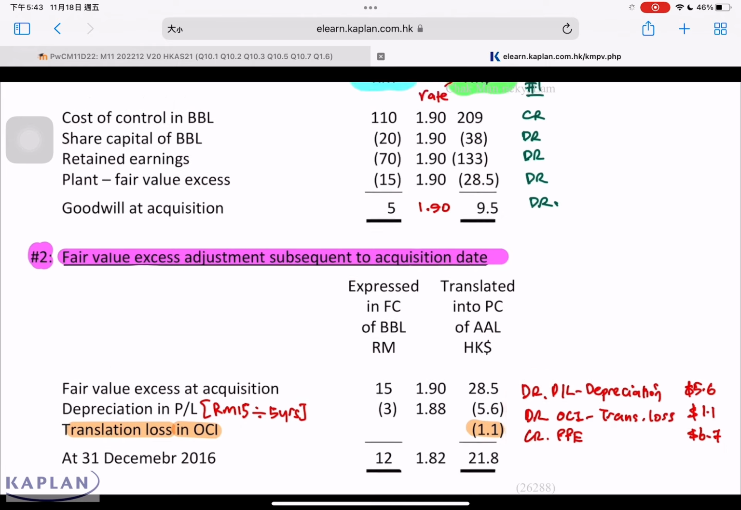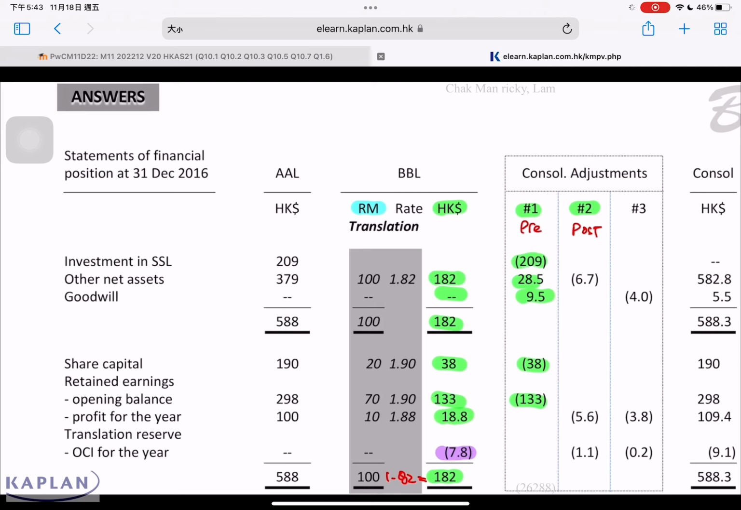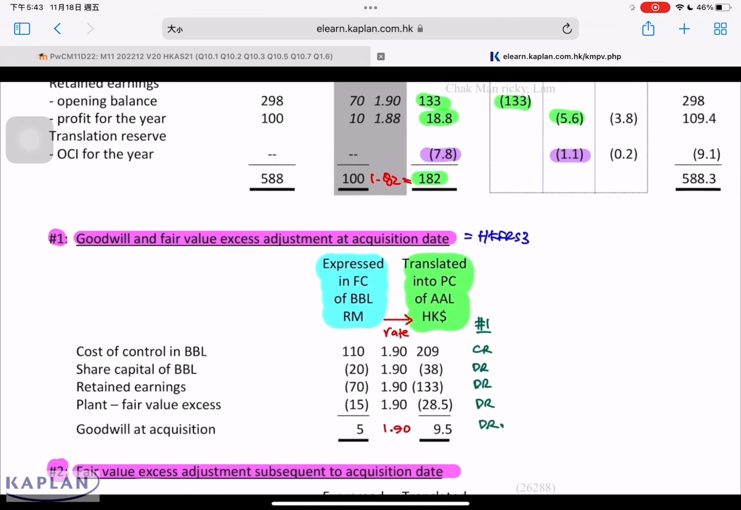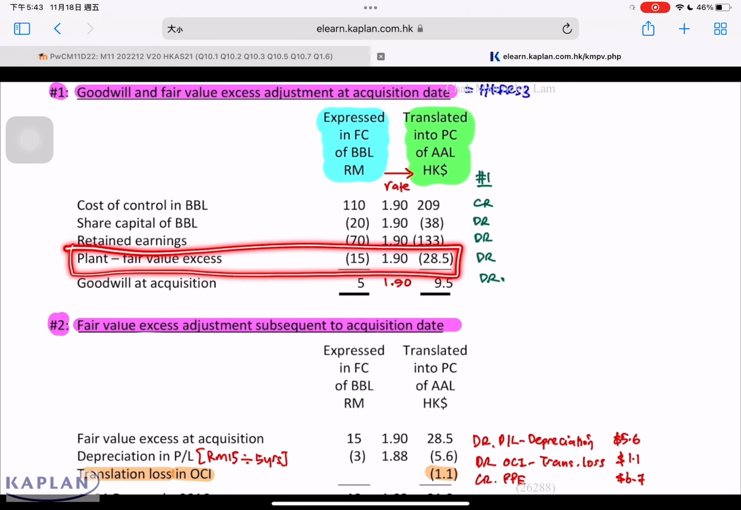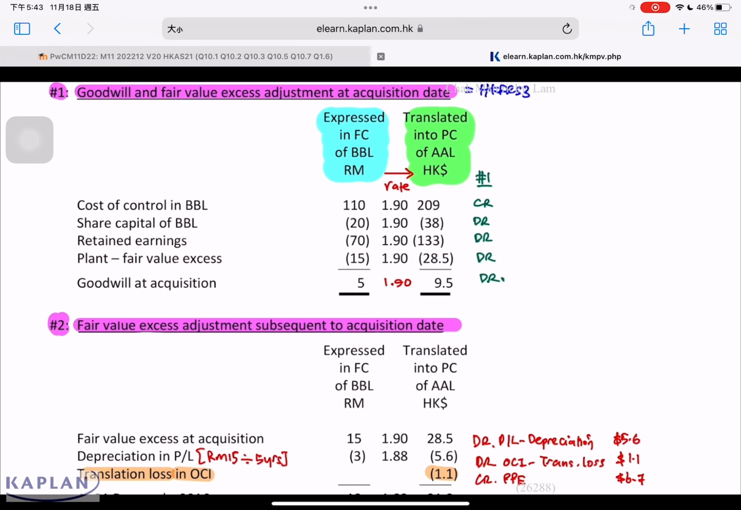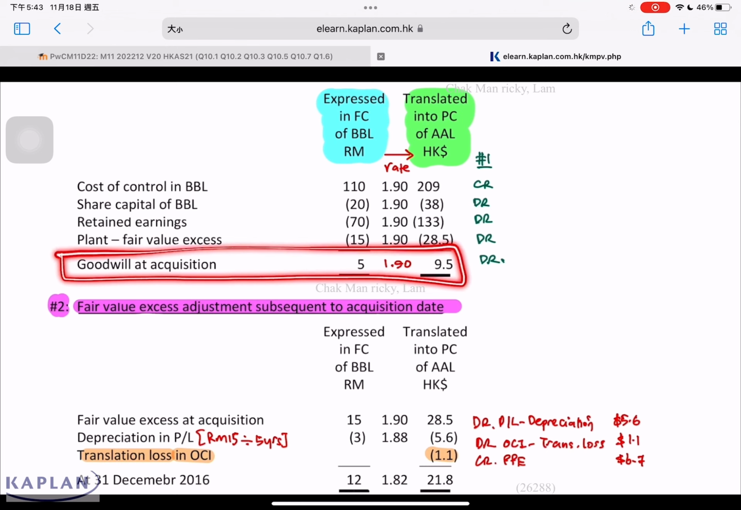Show this on the worksheet. We must adjust the plant for 2 items. First, we must reduce because of depreciation to P&L. Second item is to reduce the plant because of translation loss. Total adjustment of plant is equal to 6.7. Entry number 3 is to adjust goodwill. Earlier on, we took out this amount and showed it as working 2. First, we must account for the depreciation adjustment. The second one, we have to do the translation differences. The next item that we have to do is goodwill. We take the goodwill down